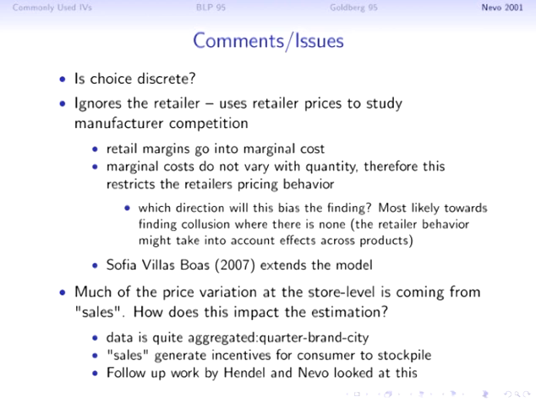So one of the issues that always comes up in this context is asking, is choice really discrete? So we assume you only choose one cereal. And you could always say, in all of these settings, we say it's a discrete choice, but is it really the case? So there's two ways about this. One is to say, well, let's just define the choice finely enough. Yes, consumers can buy multiple boxes when they go to the store, but the question is, when